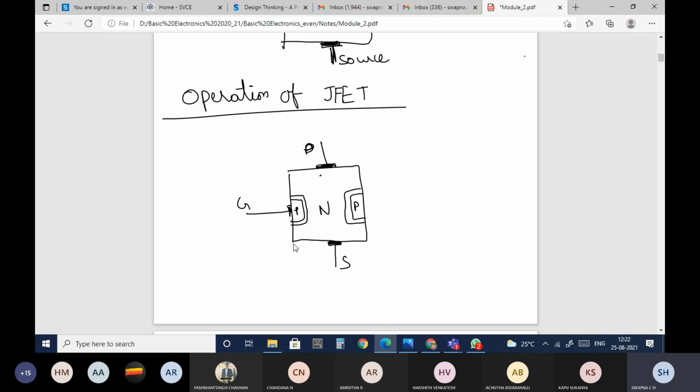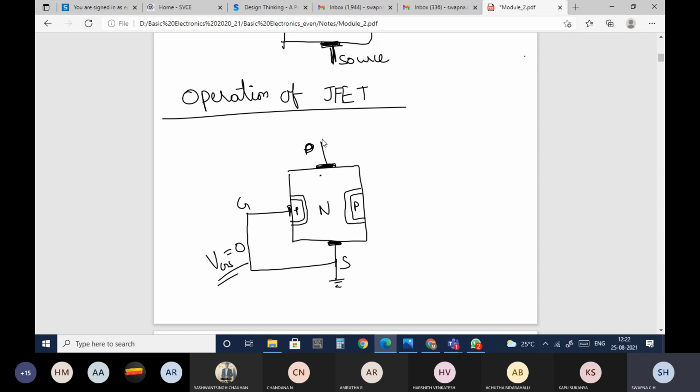Here initially we will connect the gate and source together, and we'll give it to the ground point. In the sense, VGS will be equal to 0 here. The voltage across the gate and the source is equal to 0; initially I'm making VGS equal to 0.